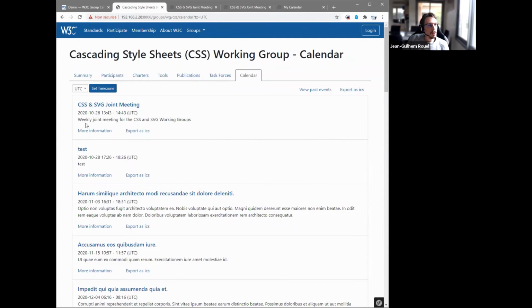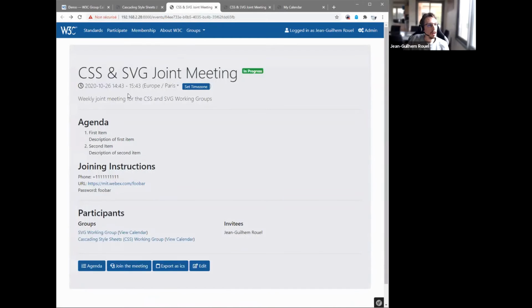Then if you want to have more information about a specific meeting, you can click on more information. And you will see this page, which shows everything we know about the meeting. So we have its name, date, a description, the agenda, instructions for joining the meeting, as well as who's invited to participate.